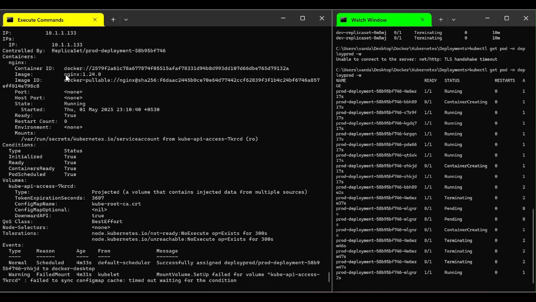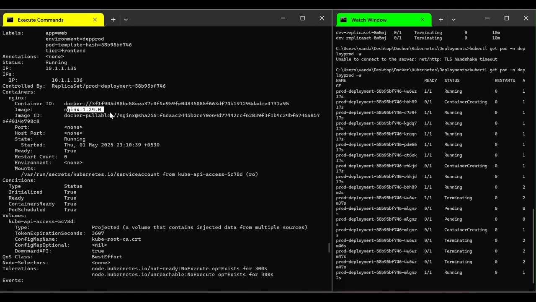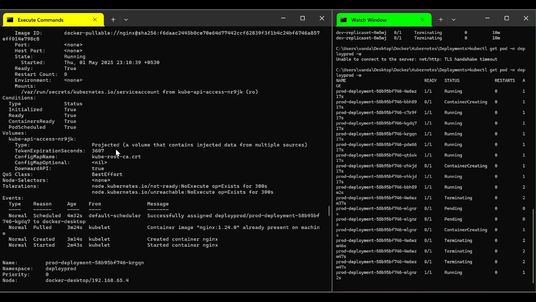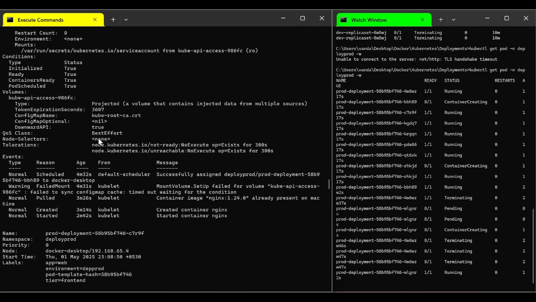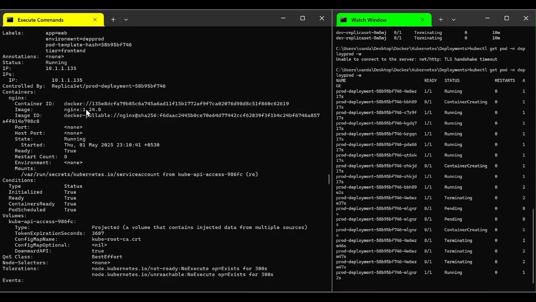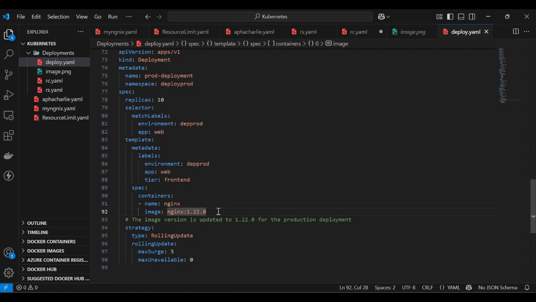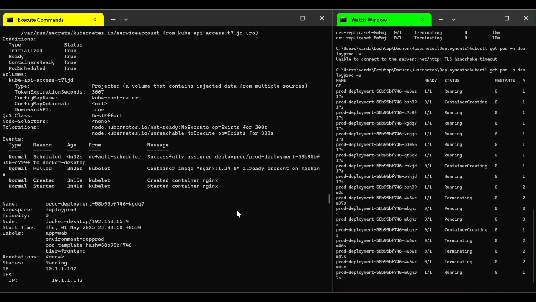So if you will see, all of them have 1, 2, 3, 4, 5, 6, 7, and 8. So all these pods have container image as 1.24 when I executed this command, right? Now, since I have changed the image version to 1.22 and I am saving it, and I have changed the number of replicas also to 10, if I go ahead and execute it,